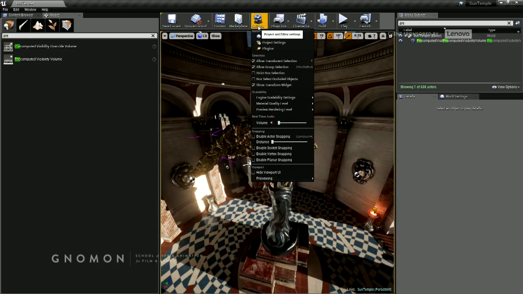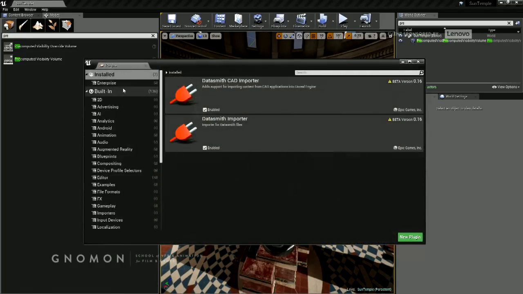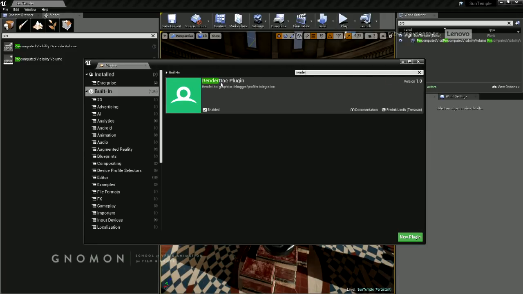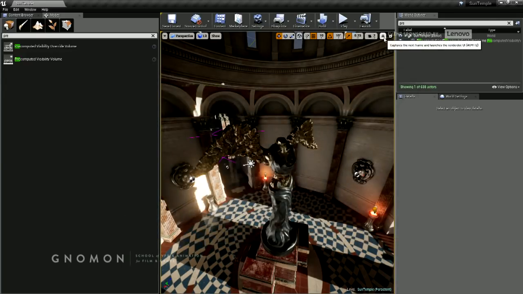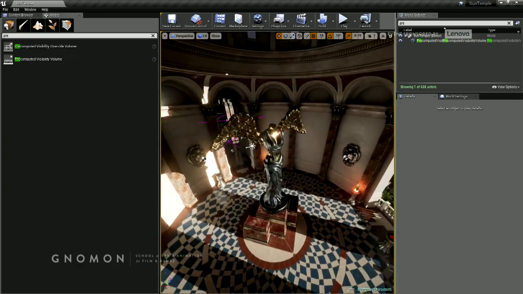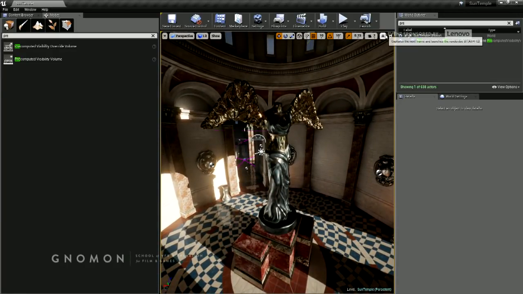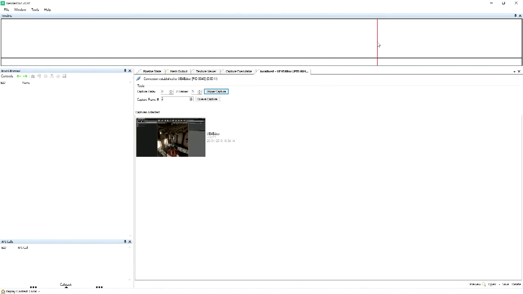In order to enable this, you need to go to the plugins. Here, if you search for RenderDoc, you will find the plugin for it. You just enable it, restart the editor, and once you've done this, you will have this extra icon here in the viewport. So what we can do is find the frame that we want to capture and click this icon, and what this icon will basically do is launch the tool and send the frame to it. So now this is the tool, and here we can see the frame that has been captured from the editor. If I double-click on it,